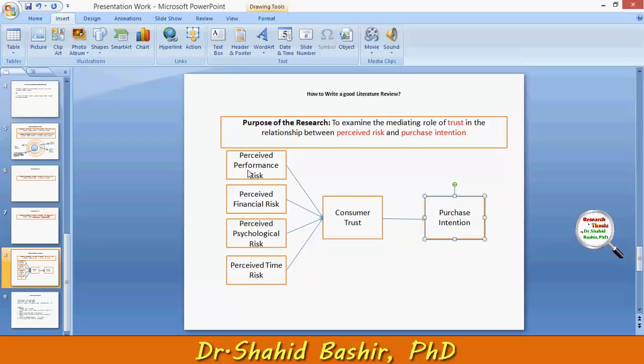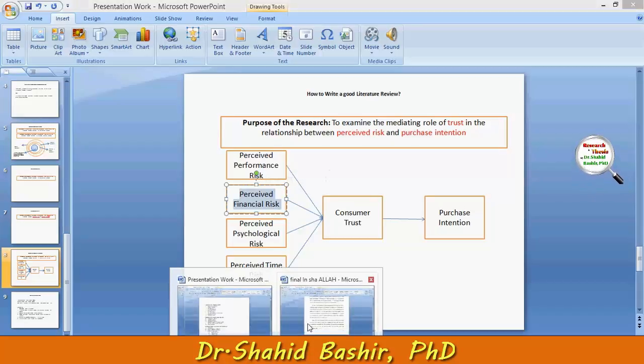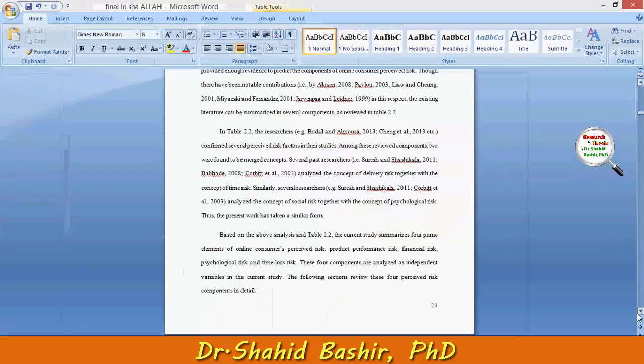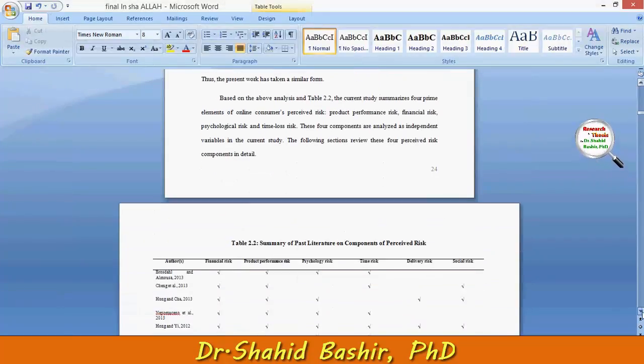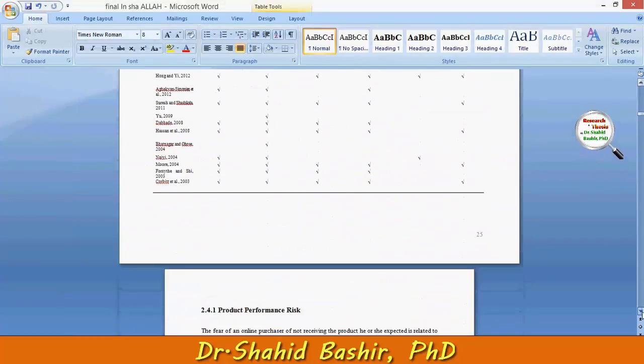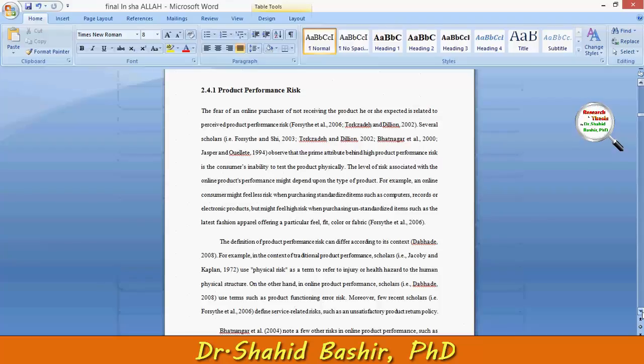So what we need to further find or search is that these components have several factors. I told you how to find them already, so I will just go straight to the example. Okay, now our further literature review will define those components. See